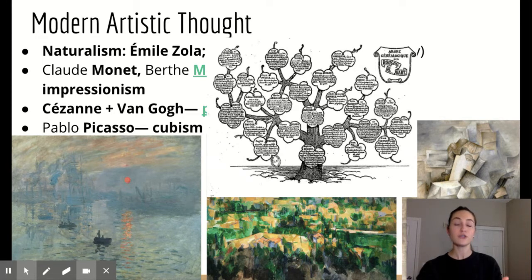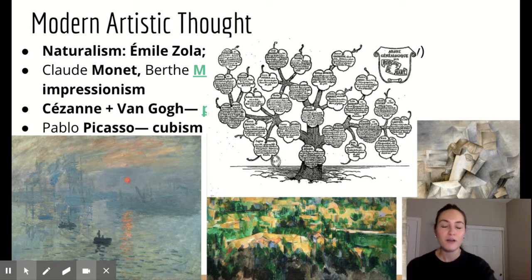Naturalist writers are often going to be very open and honest about the struggles that people have in life at this point in time. They will describe situations where the main character is dealing with alcoholism or with poverty or with prostitution or whatever. But a lot of times they describe it as if the character is trapped. It's forces beyond their control, kind of. And so in that regard, it is, I would say, quite pessimistic.